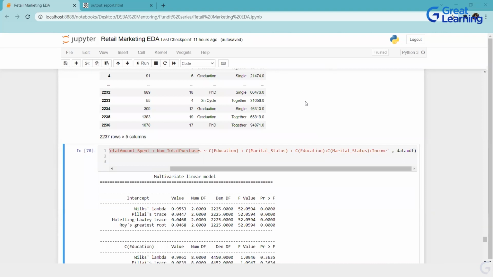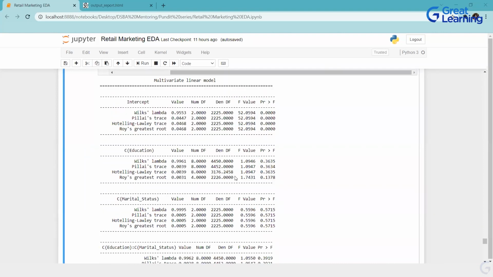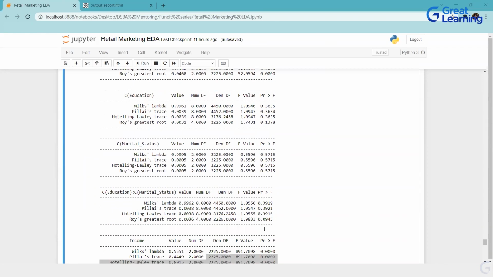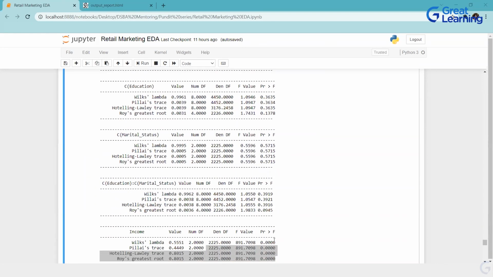Okay. Can you please explain the insights using this? What is the insight that I'm getting? The insight that you see is the P value for education is not impacting your total spent and the number of purchases. Your interaction between education and marital status is not impacting. Your marital status is not impacting, but the income is impacting. So what I'm saying is my different income levels are impacting my total spent and number of purchases. Since this is a continuous variable, I can't say different levels, because if you have to take different levels, you have to bin it over there. Okay.